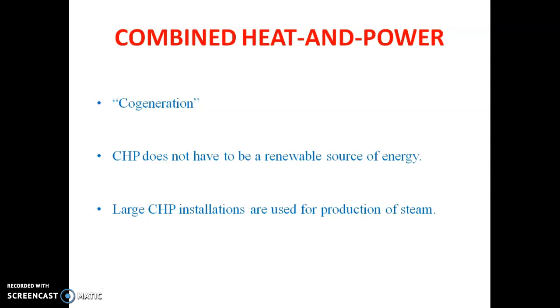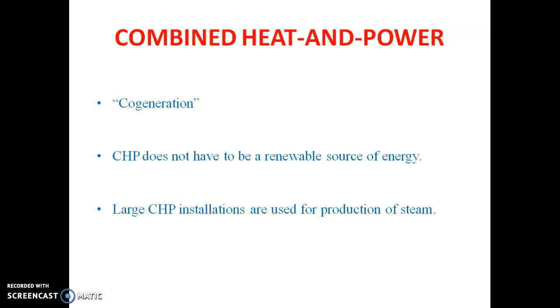It uses the recovered exhaust heat of any production unit for another process requirement. From this, it results in an improvement in the energy utilization of the units. By doing so, the overall thermal efficiency of generation is raised from 50% to 90%. Combined heat and power does not have a renewable source of energy. If you want to go for a renewable source of energy, then you should use biomass as a source for combined heat and power.